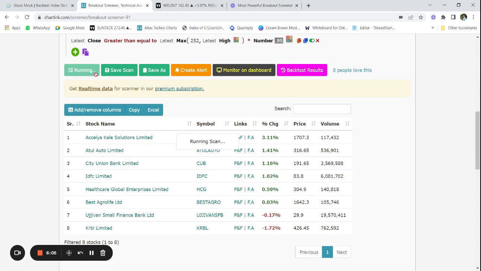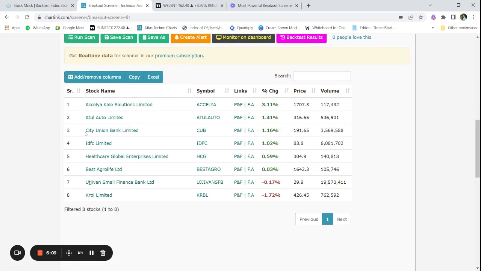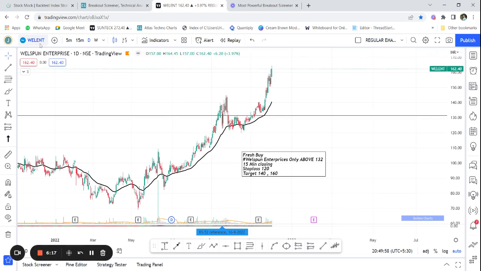Now as soon as I run this scan, as you can clearly see, I've got some stocks: IDFC Limited, City Union Bank, Healthcare Global, Best Agro, Ujjivan Small Finance, and KRBL Limited, right? So KRBL Limited, if I go and look at the chart,